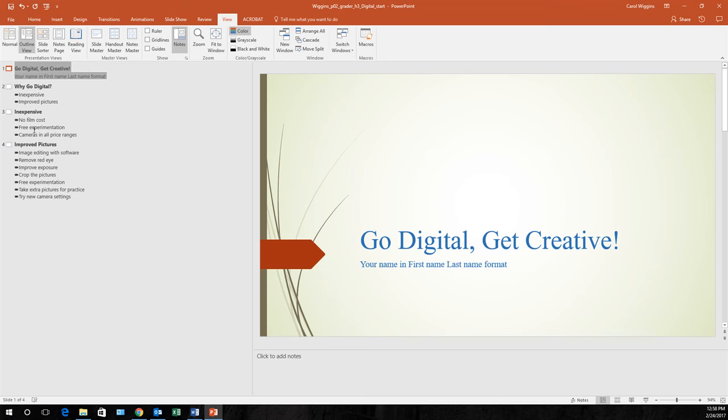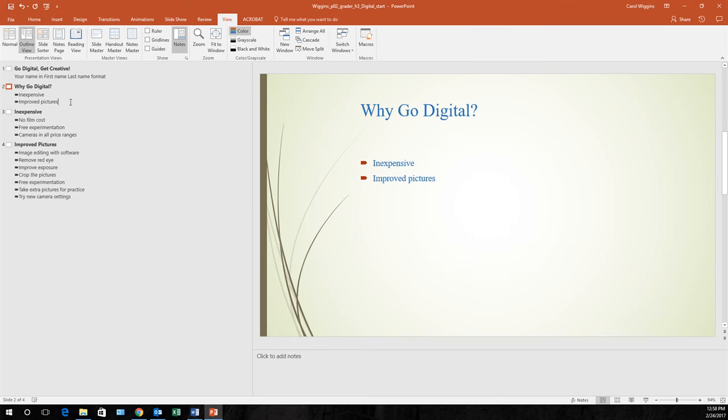So in this one we want to add the following information as the last bullets on slide 2. So I'm going to go to slide 2, and I'm going to put my cursor on that last bullet there that says improved pictures, and I'm just going to hit the Enter key, and then I'm going to put in instant feedback, hit Enter, and then I'm going to type in sharing. Okay, whoops, it would help if I spelled it properly. Okay,